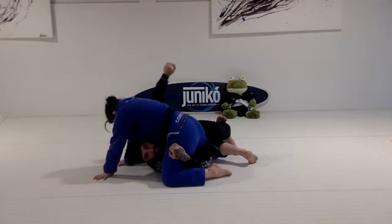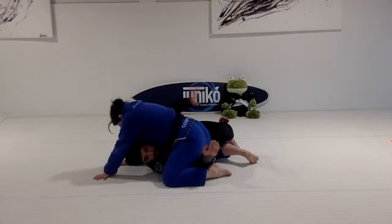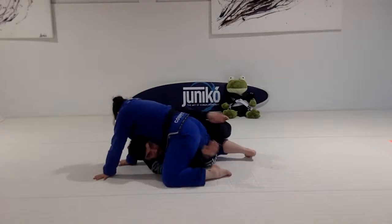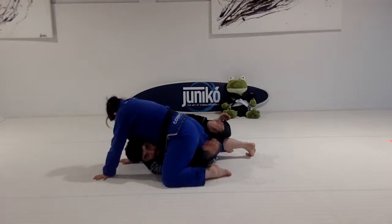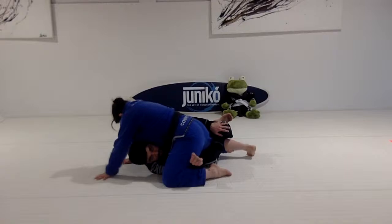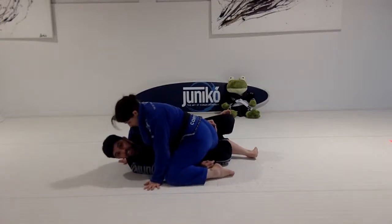Under the leg, I got this arm under her armpit. I can grab her belt. I can open her lapel and bring her lapel into my left hand here. So I'm able to use my arms and I can keep my head safe. She needs to try bringing her head to my neck and blocking my head. And it's hard if I'm here. But if I keep my head here,